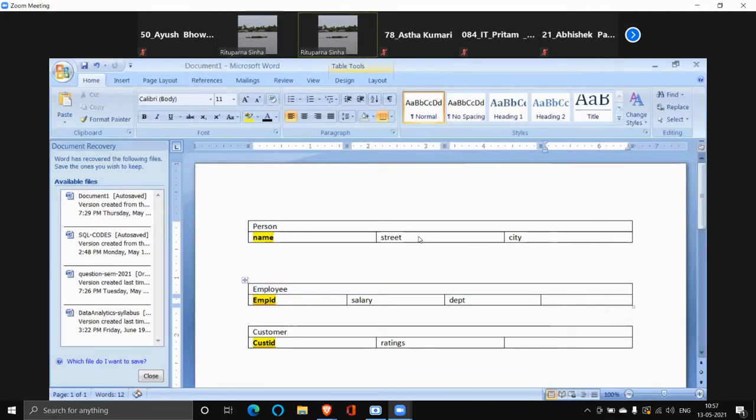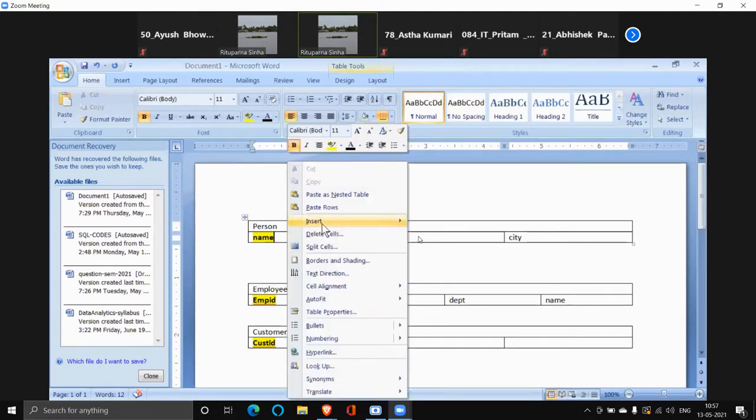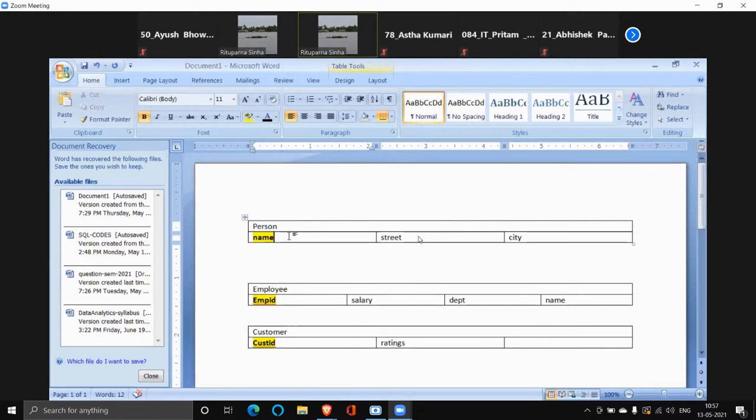So I will attach name here. Instead of name, let me add another name. Let it be any person ID, PID. Okay. And I have street name.